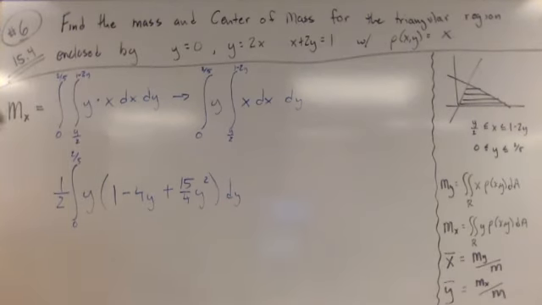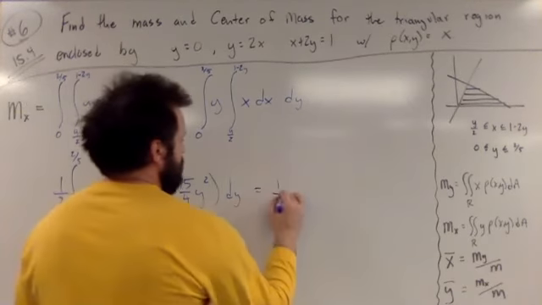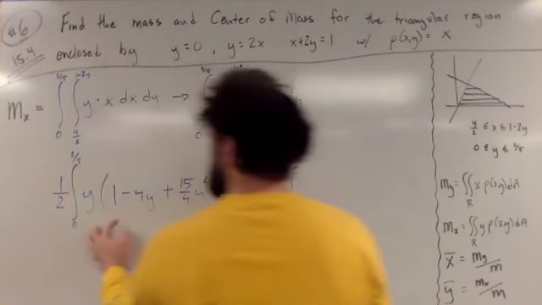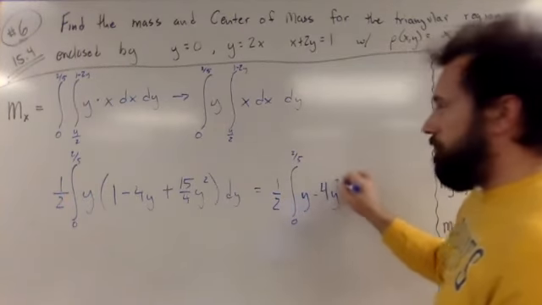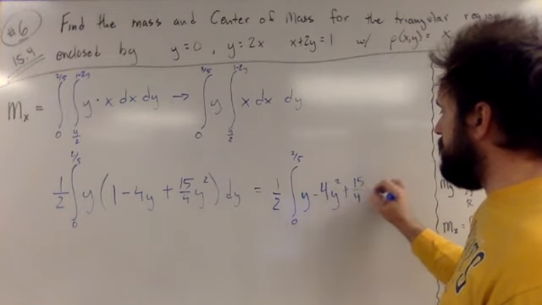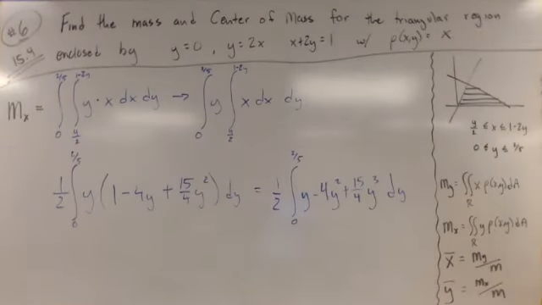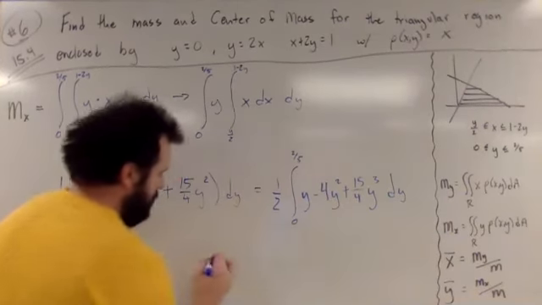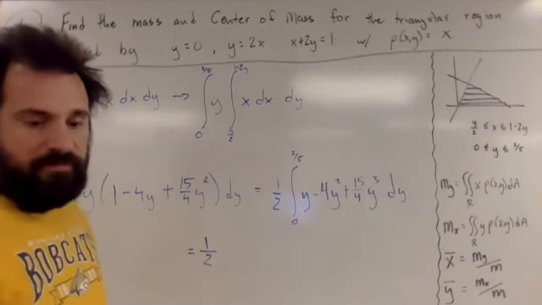So now let's distribute my y. I'm going to get 1/2 the integral from 0 to 2/5 of y minus 4y squared plus 15 over 4 y cubed dy. So now I find an antiderivative. I'm going to have 1/2